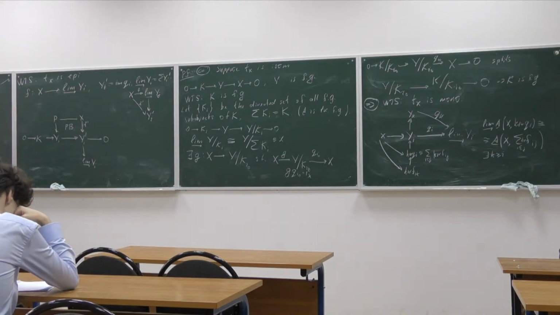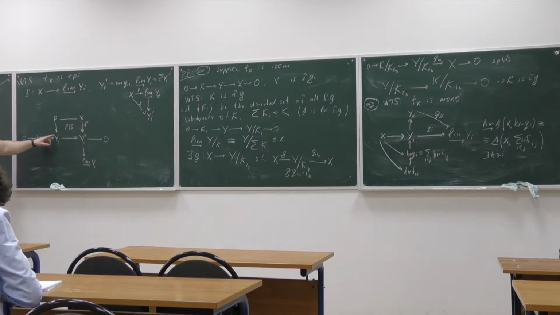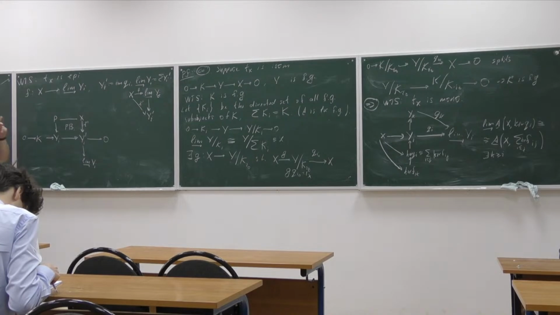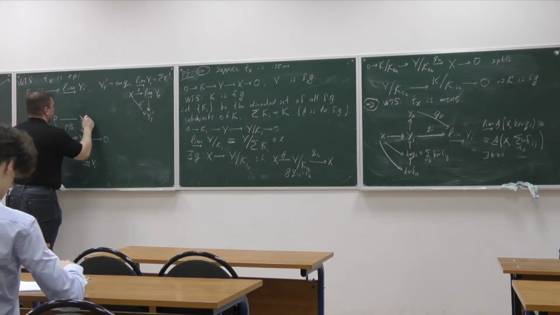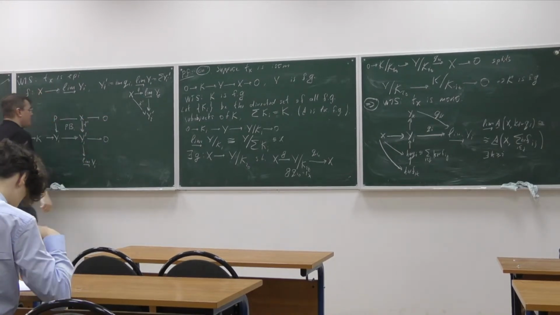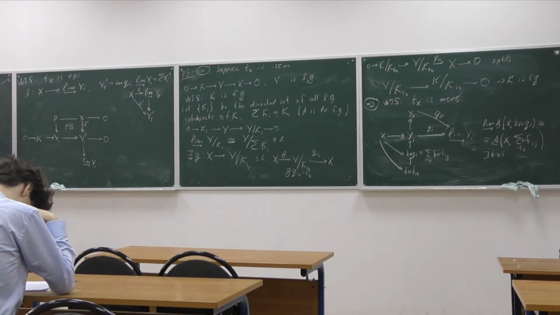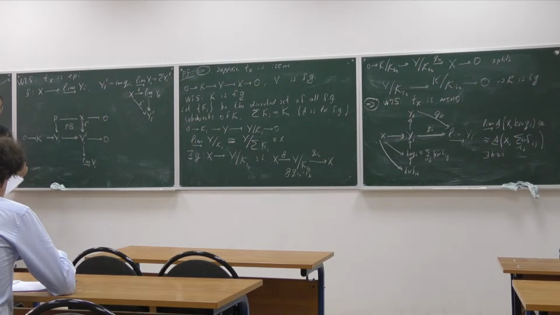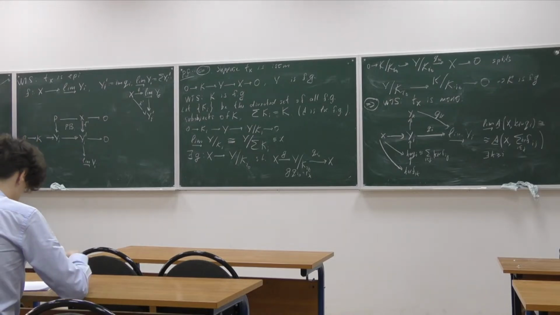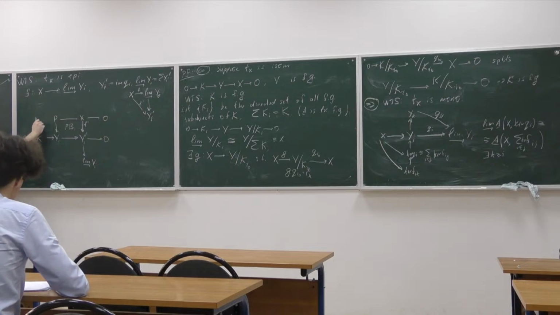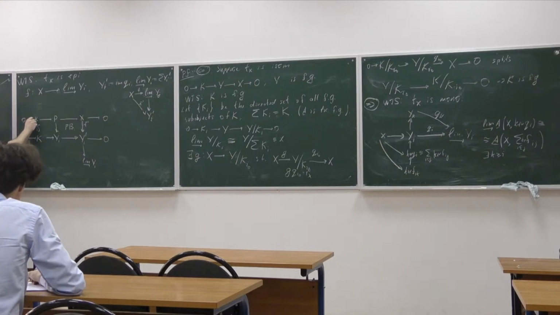Then I want to take a pullback and call the result of taking the pullback some object p. By lemma 1 from the diagram lemmas, I know that this map from p to x will be an epimorphism. And again, by lemma 1, I can claim that there is an isomorphism for the kernels.